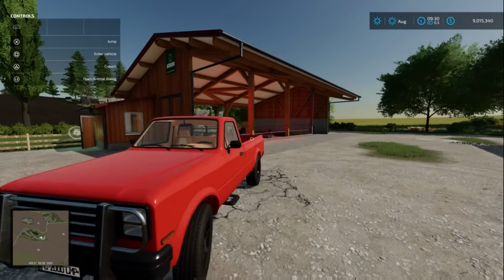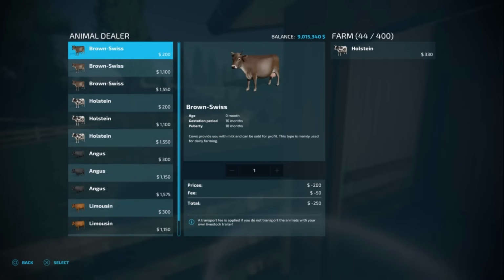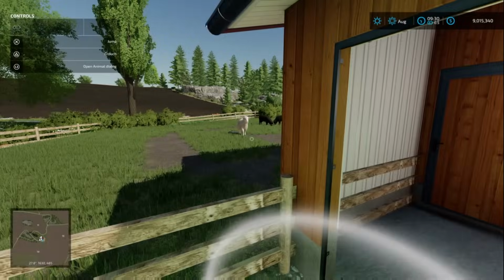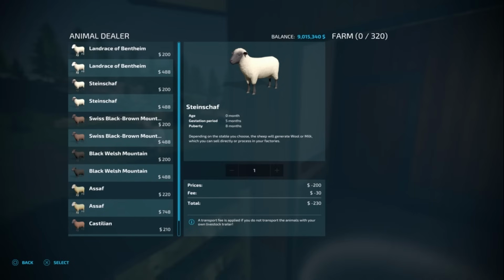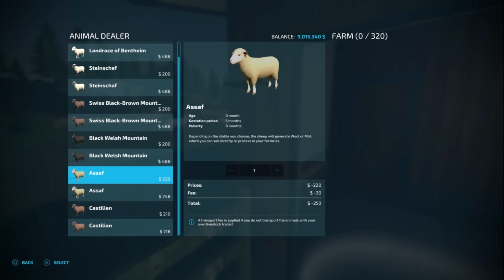The sheep, actually, can we do it? Let's do it from here. Cow barn with feeding robot. I think the cows are standard, as far as I could tell. Cow barn with feeding. Sheep barn large. So we've got, there we go. So in addition to, we've got Asaf and Castilian, sorry, sheep added in. So whereas the horses have got foals, these don't have baby animals, but they do have different ones. And I'm pretty sure